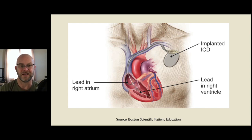Remember that coronary sinus actually sits on the back of the heart, and that's where the cardiac veins feed into that. So what they try to do is place that small lead all the way out near the wall of the left ventricle. So now you can take somebody with a bundle branch block, and you actually shrink their QRS by